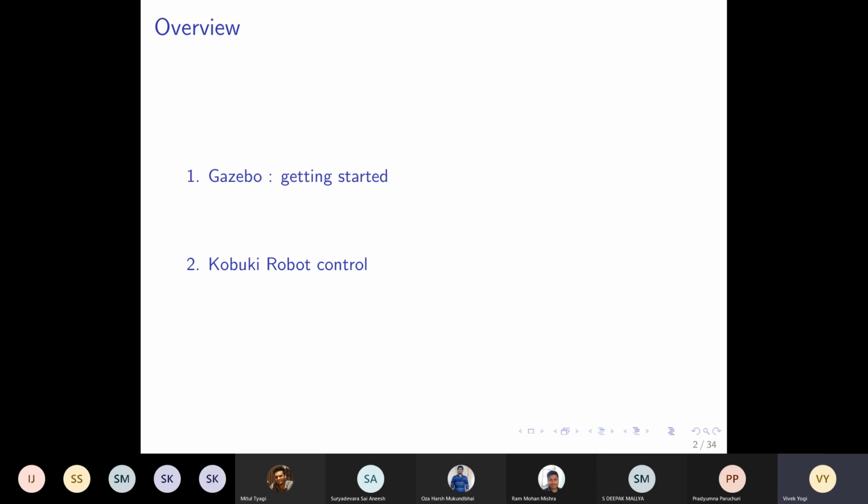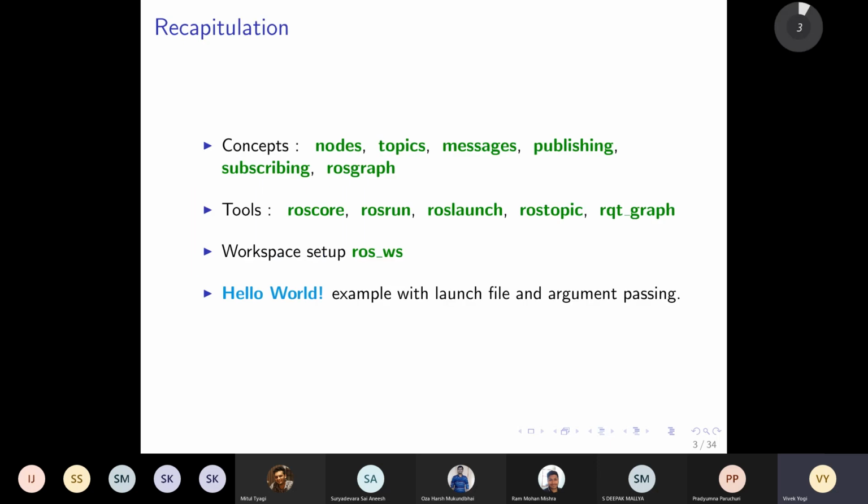So that's the overview. Last time in the previous session yesterday we had covered these things, so I hope you still have that in your working memory, and we will proceed from there. We have already covered this hello world example where we saw publishing a message, subscribing to a message, and the concept of topic.